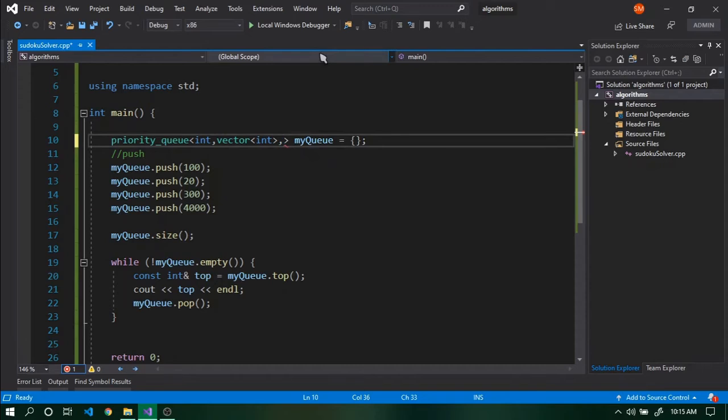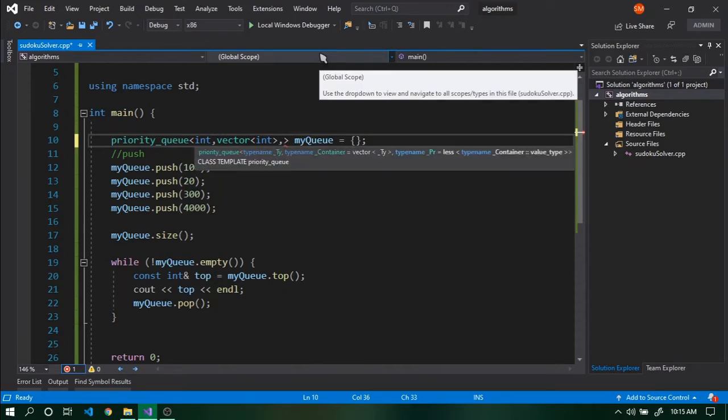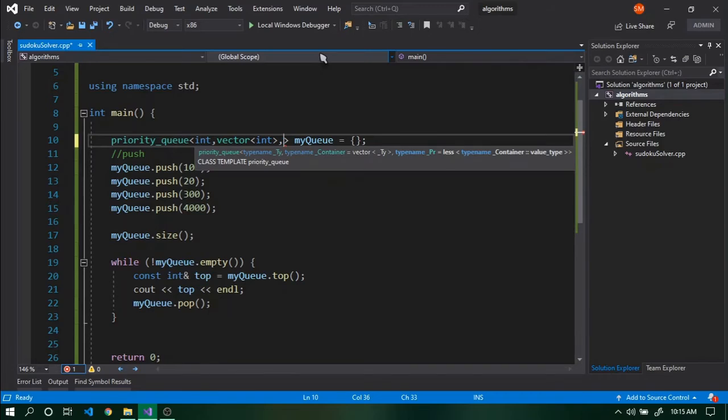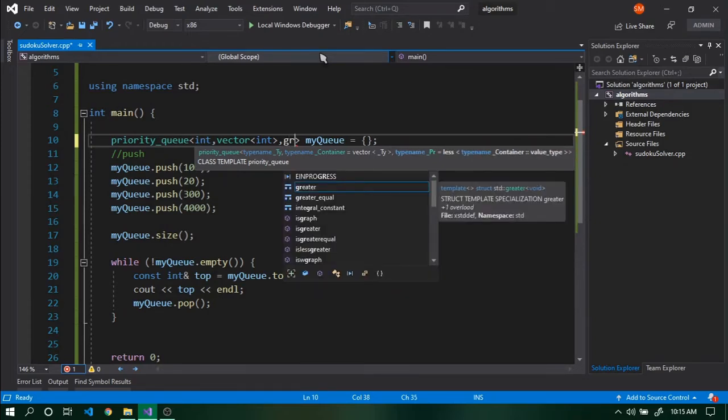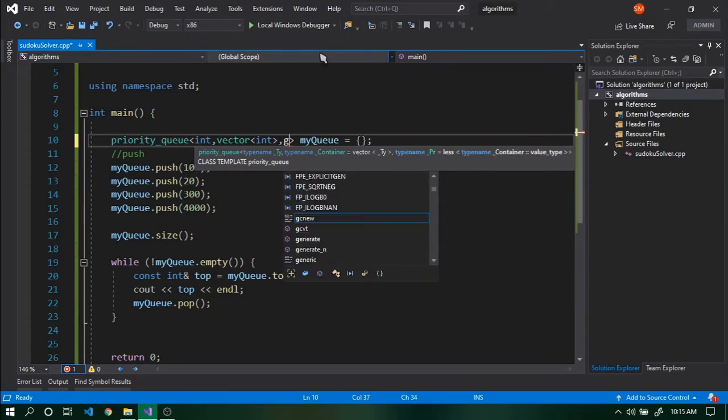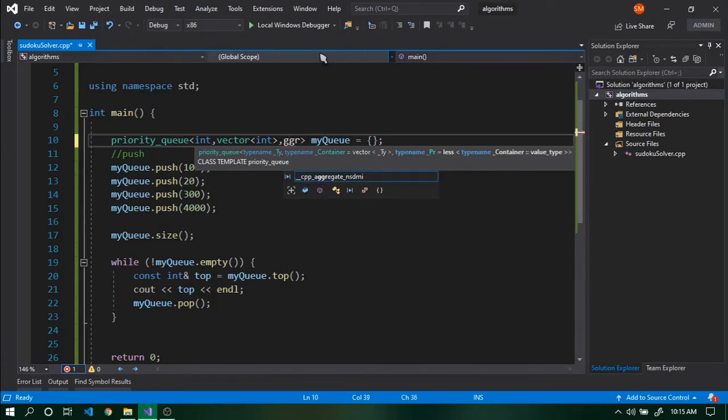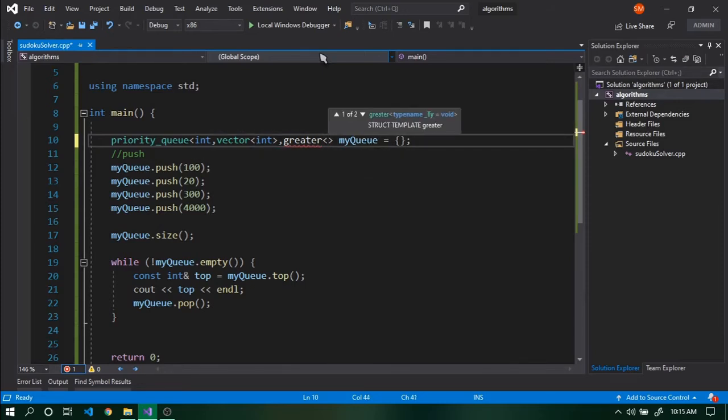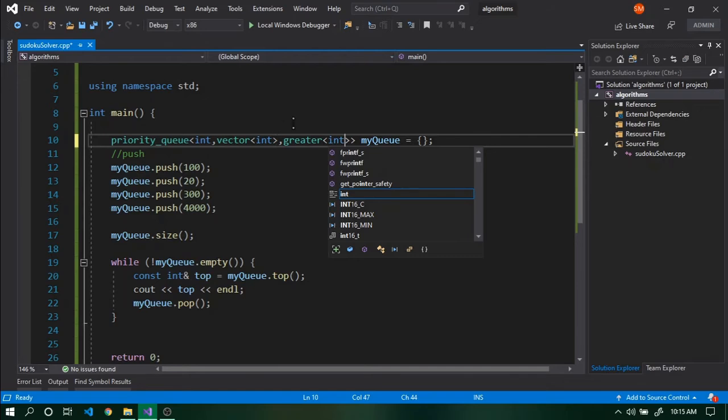And the third thing, you can give a comparator function here. In our case, the default comparator function is less, or less than, but in case we want to print things in greater order, that is the lowest value first and then the highest value, we will simply say greater, and we will give int here.